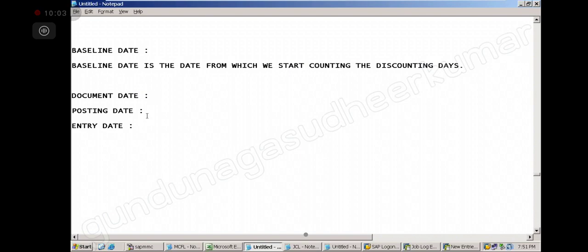No. Document date is used in the line items. Posting date? Clearing the line item. No, not clearing. Posting date is the date on which we enter in the system. Posting date is which we purchase something. What is entry date then? Entry date means which count on the posting from the day. Sir, I think entry date means on which date the transaction is done. Transaction enter date, sir.